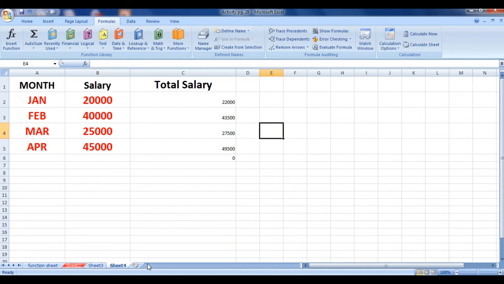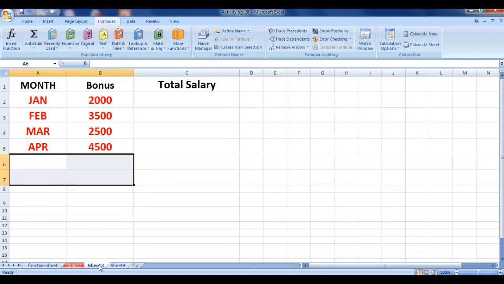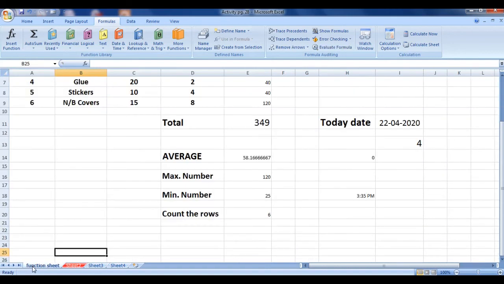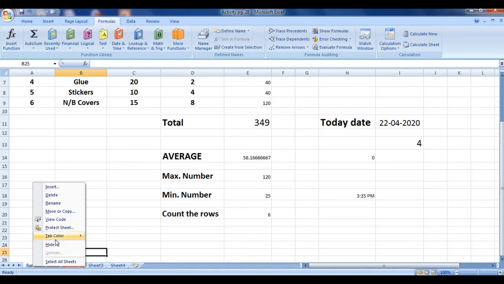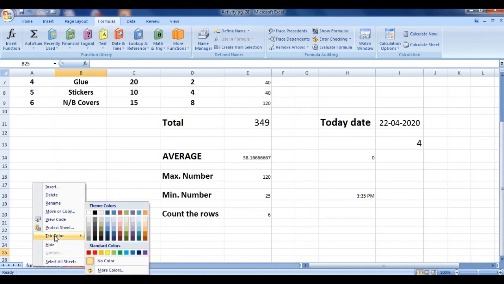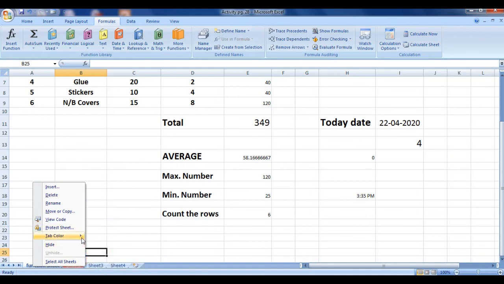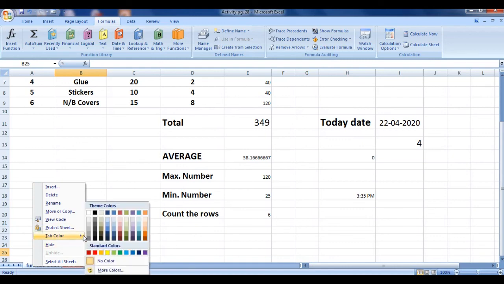Next is how we can change the color of a sheet tab. This is the method of changing the color of the sheet tab. Again I am going to sheet 3, the function sheet, and I am right clicking on it and going to tab color. As you click on tab color, various colors will be shown to you. Click on any color which you want for your tab.